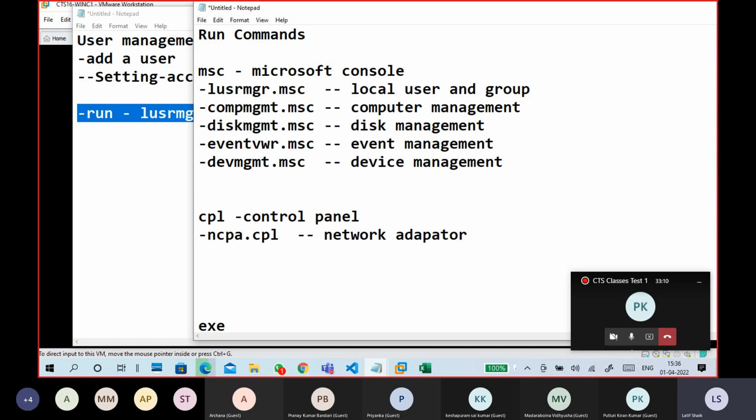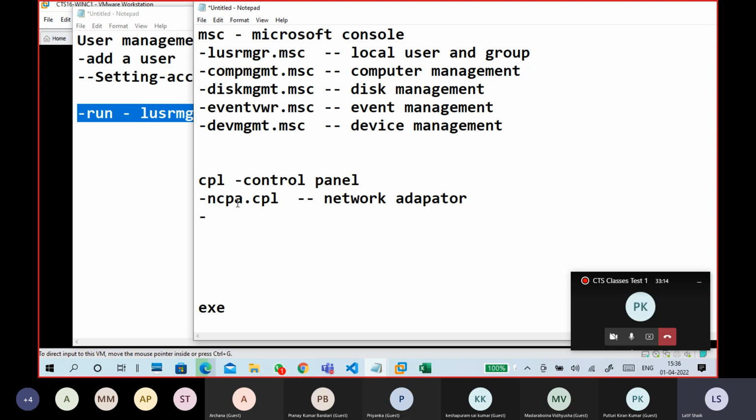That adapter page you'll get directly. Network adapters, you can see what network adapters are there. Okay, control panel. appwiz.cpl means programs and features, uninstallation of programs, installation of programs. So that is programs and features.